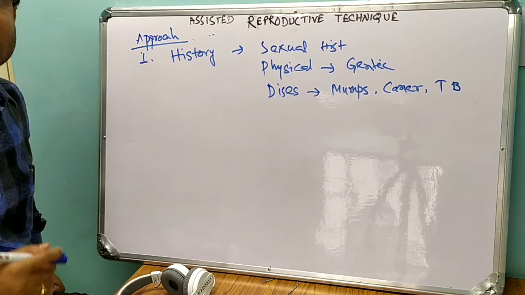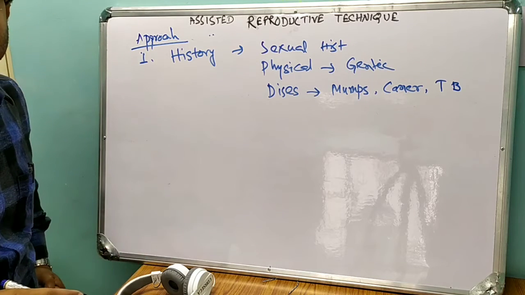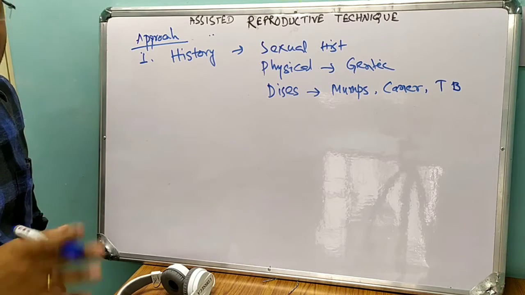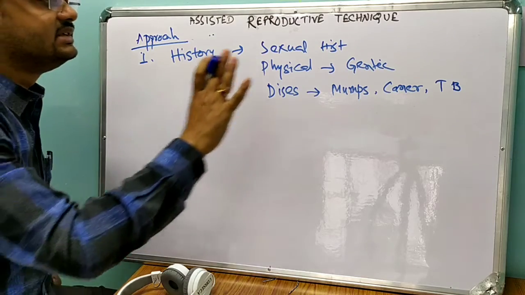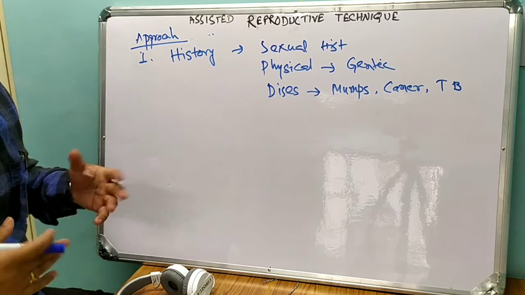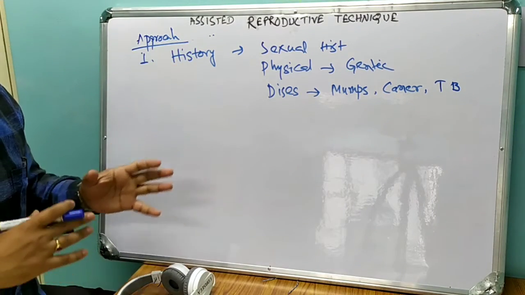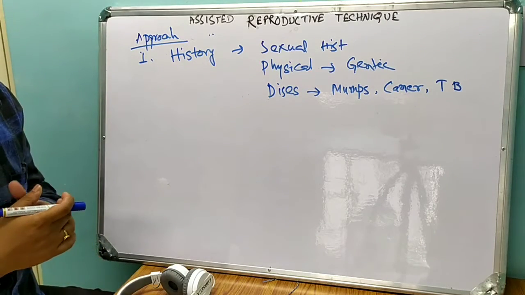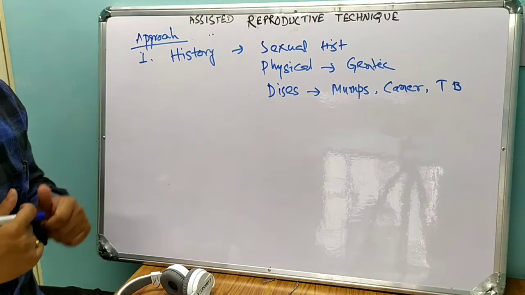And tuberculosis is a major endemic disease in our society. Any kind of tuberculosis might lead to a blockage in the pathway, so an anatomical defect might occur. So this disease history is very important. And most of the time, the sexual history and physical history might give you some clues about genetic defects and all these things, and these disease histories will lead you to specific types of investigations.